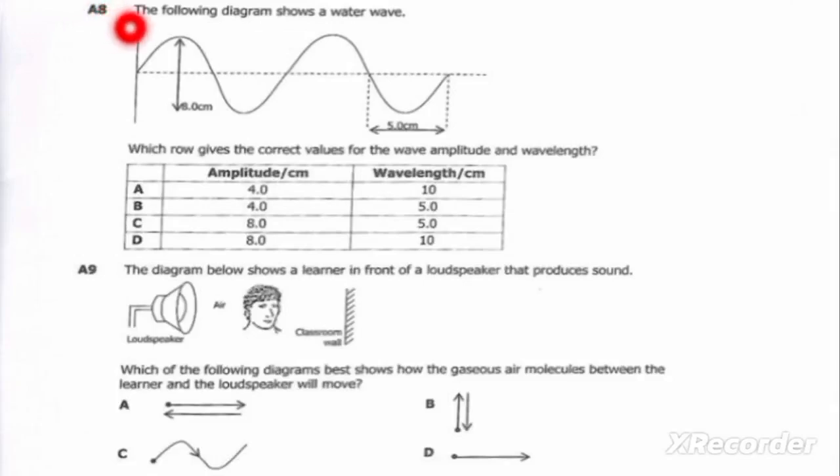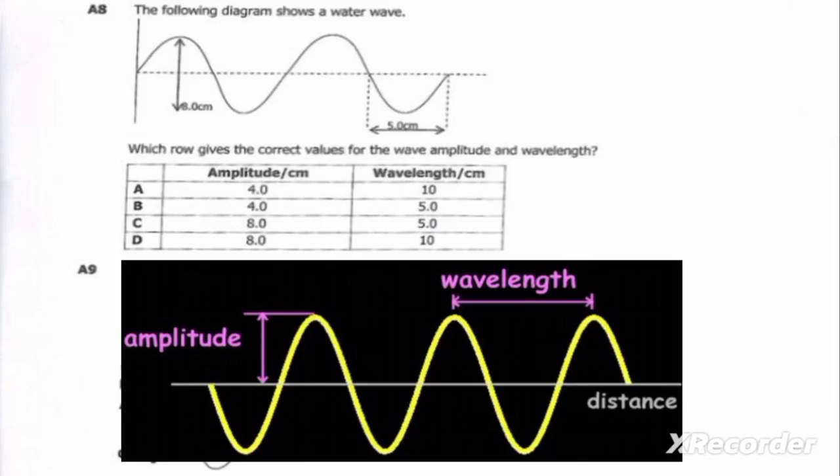Question A8. The following diagram shows a water wave. Which row gives the correct values for the wave amplitude and wavelength? So to understand this question fully, we need to remember that amplitude is